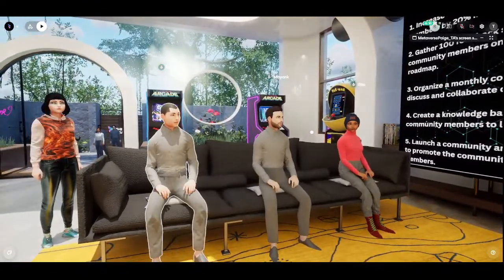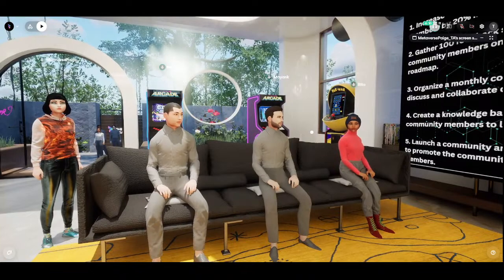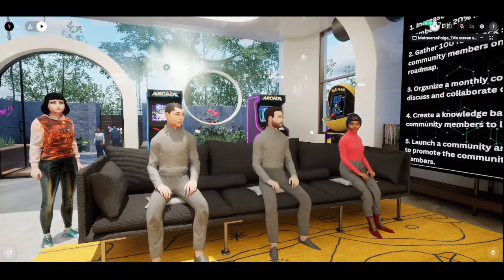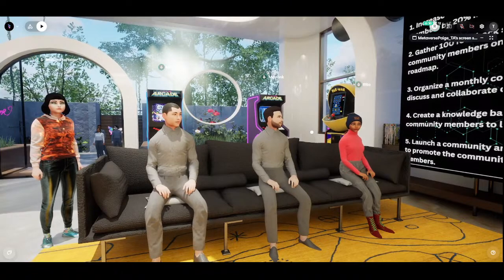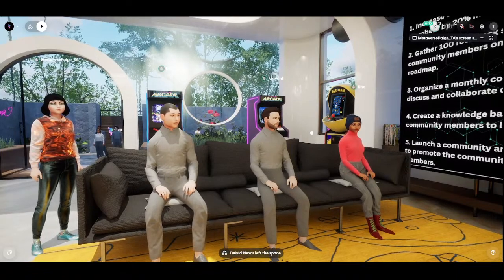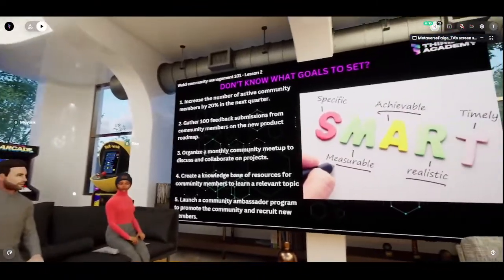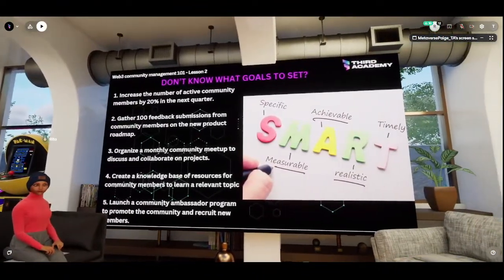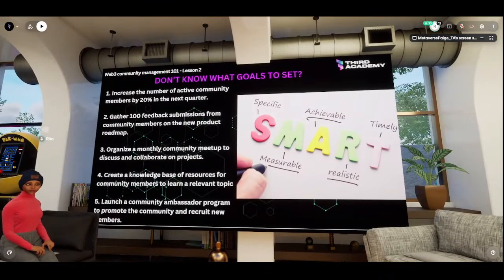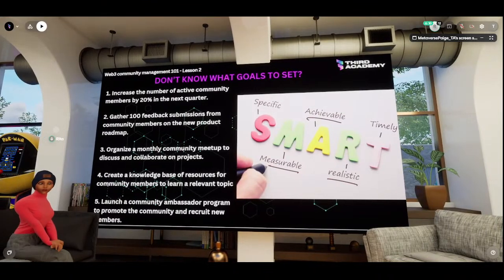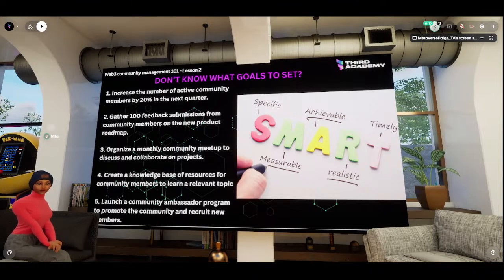So if your community moves from product, it moves to support, or it moves to success, right? You have to be flexible and evolve as it evolves, right? So you can also conduct surveys, right? Ask for feedback from your members, understand their expectations. When you know what members are expecting from the community, right?